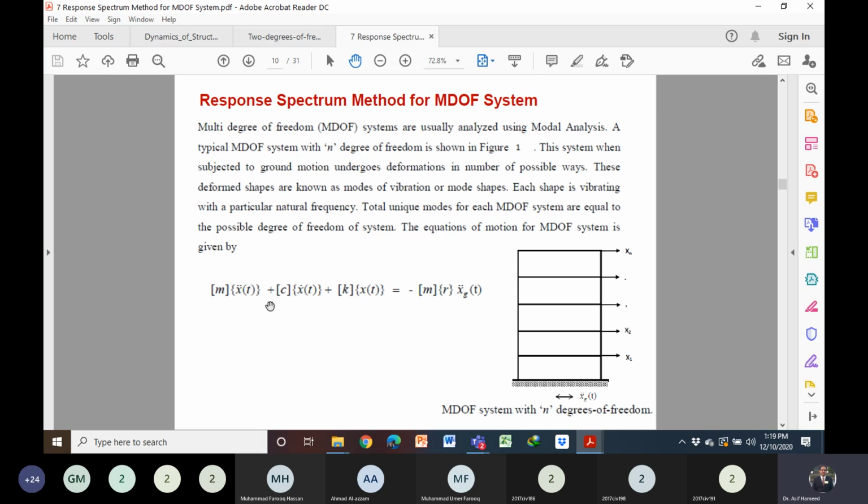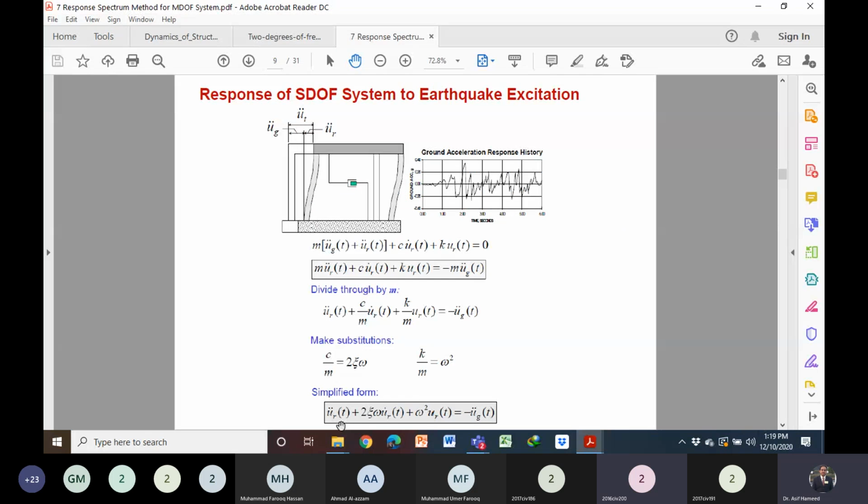Sir, please explain a bit the previous question you asked, about stiffness and mass. You said that if the stiffness and mass are different for two different systems, but the time period or the omega n is the same for two systems having different stiffnesses and masses, then if the time period is the same, their response will be the same. In simple words, if the ratio of k over m for two systems is the same, then the response will be the same. It's a function of the damping in the system and the ratio of k over m in the system, or the time period in the system.